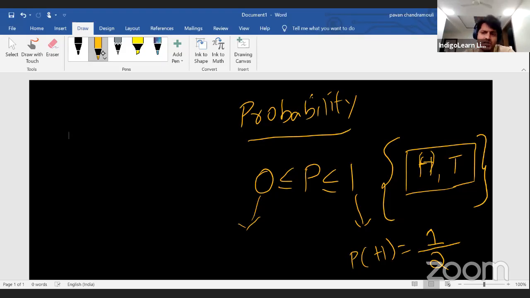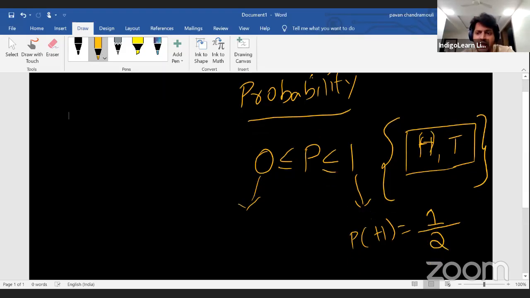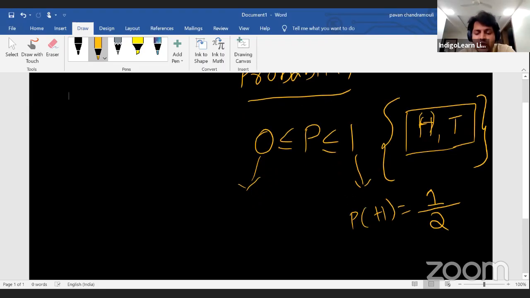Now in the same context, if I ask you what is the probability of it being a tail, you will say, sir, the answer is P of T is also 1/2. Yes, very good, because these events are equally likely. That means the probability of head is equal to the probability of tail. And when you add these two, you will get 1. Okay, so just to reiterate, probability 0 means an impossible event, and probability 1 is a sure event,